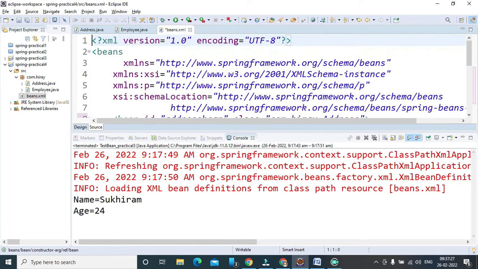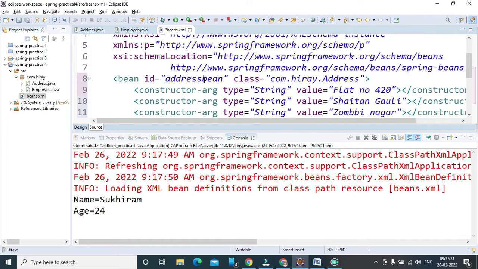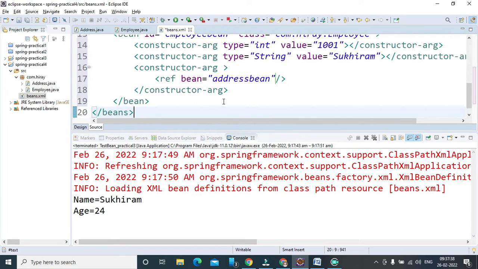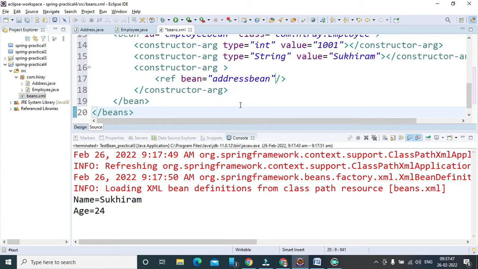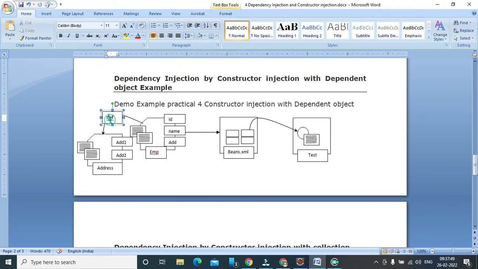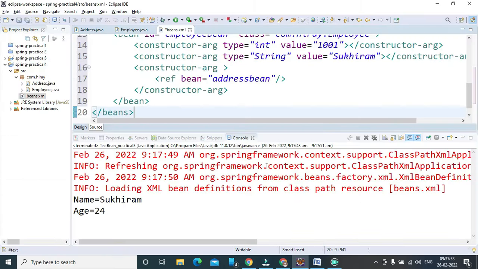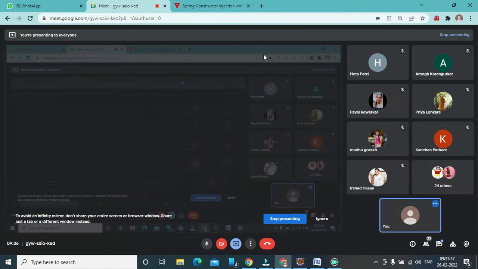So automatically, whatever arguments you declare here in address bean will be available here as an argument. So this is calling here. You don't need to type the address and all other stuff here, you are only referring. If you see, I'm only referring to my address inside the employee. So my beans.xml is ready right now, and now I want to